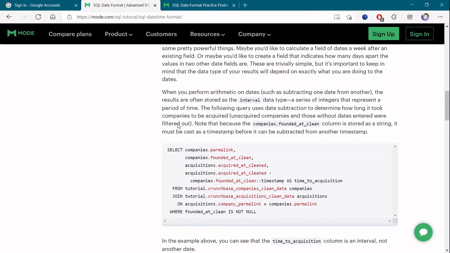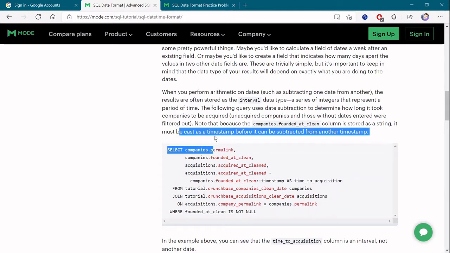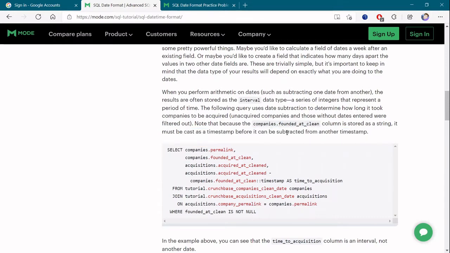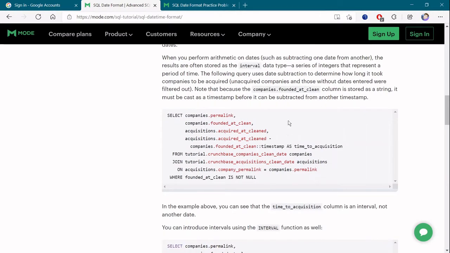Note that because the companies' founded_at_clean column is stored as a string, it must be cast as a timestamp before it can be subtracted from another timestamp. Hope you got the last point: that was a string and we have to convert it into a timestamp or datetime. So here we are doing the same thing, acquired_at_cleaned minus companies.founded_at_clean, with the timestamp cast, as time_to_acquisition.